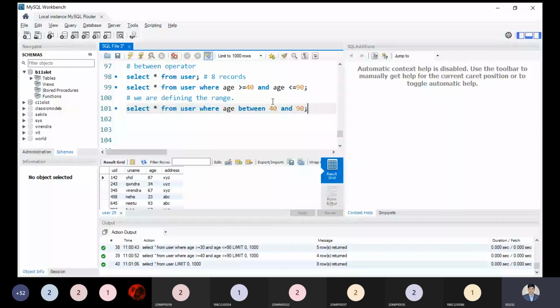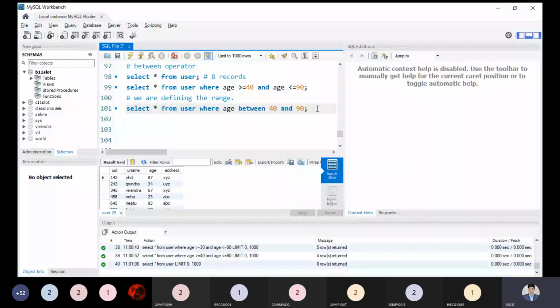Keep in mind, the query represented by the 99 sequence number has the same sense and matches. This is the way of writing the query, so we can use this way to represent the answer. Let me execute this code and see the result. Yes, we are getting the same thing.